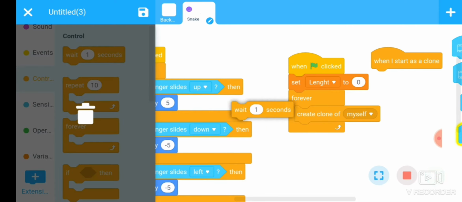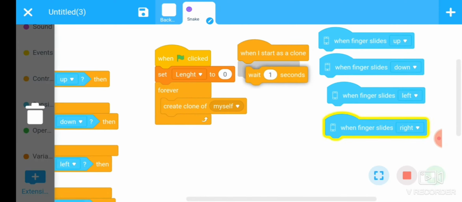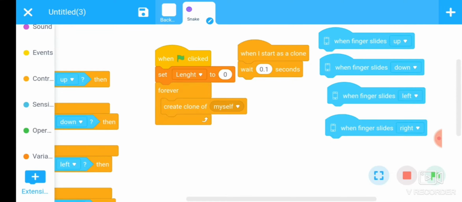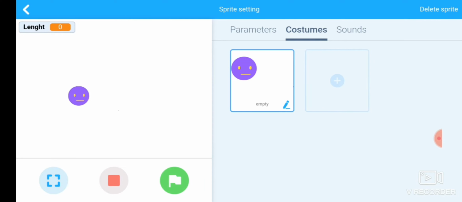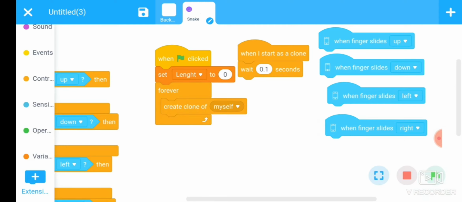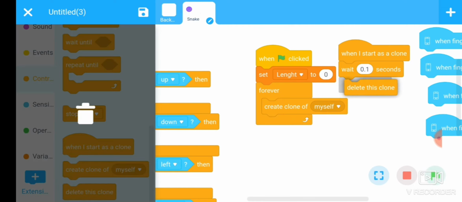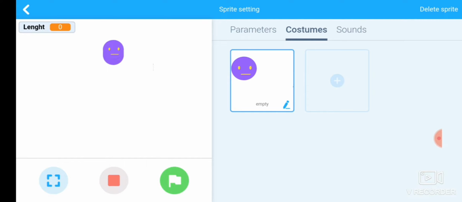Go to the control section, add a wait of 0.1 second. Okay, and then after waiting 0.1 second, the clone should be deleted. Delete this clone. Now again check.